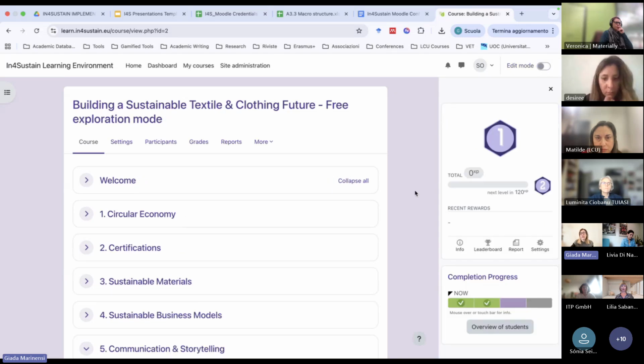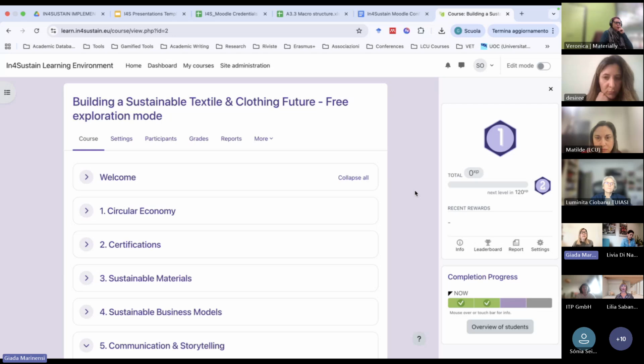And this is also something very useful in order to create something that is personalized based on the specific needs of each group of students that will interact with our course. And okay, I think that's it for this demo presentation. So I will stop sharing the screen.